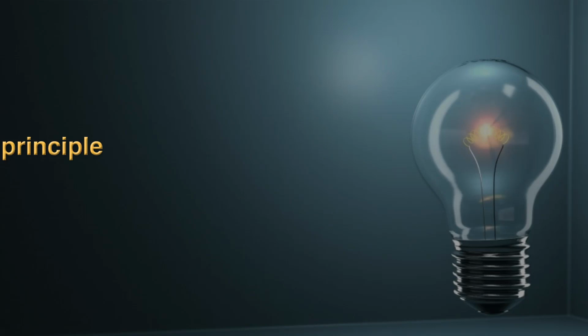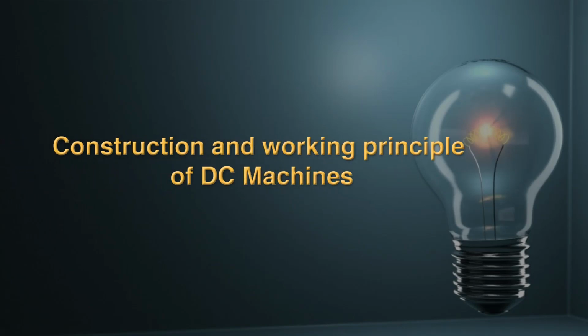As you know, there are different electrical machines like DC machines. In DC machines, two types can be considered: DC motor and DC generator. The other types of electrical machines are the three-phase induction motor, single-phase induction motor and synchronous motor. Dear learner, in this particular session we would discuss the construction and working principle of the DC generator.